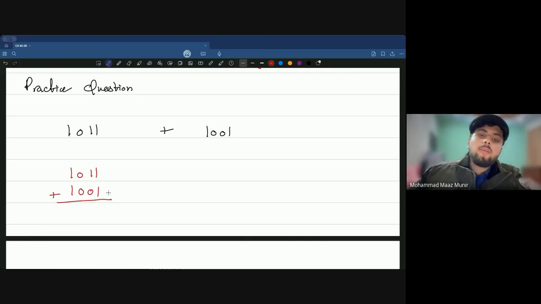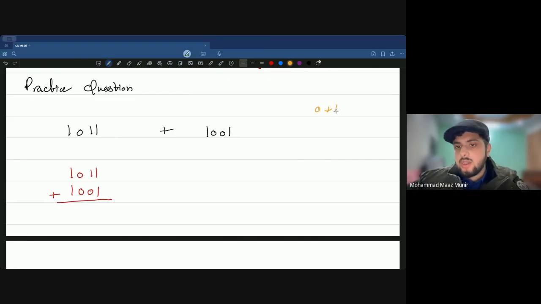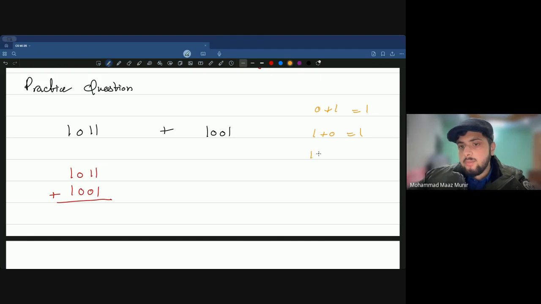So now we're going to be remembering the rules, and we saw that if I write it quickly up here, 0 plus 1 is basically 1. 1 plus 0 is also 1. 1 plus 1 is basically 0 plus a carry. And if I have 1 plus 1 plus 1, it's basically 1 with 1 carry. So these are those 4 important rules which you all need to memorize to ensure that you get